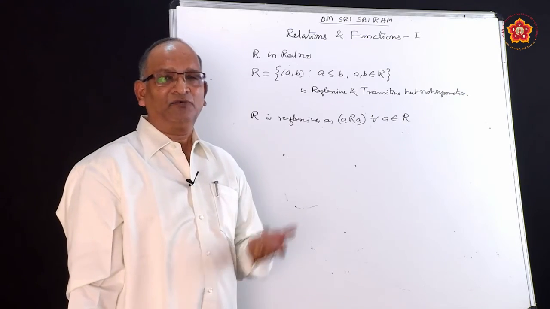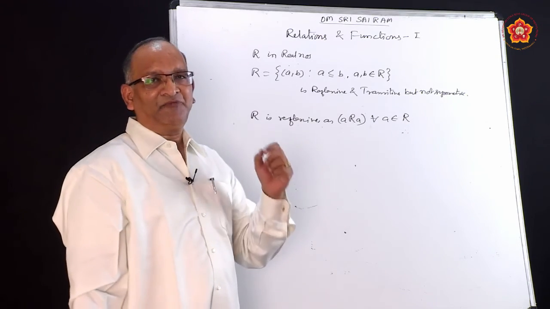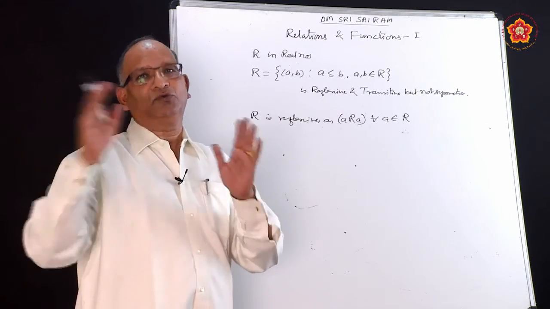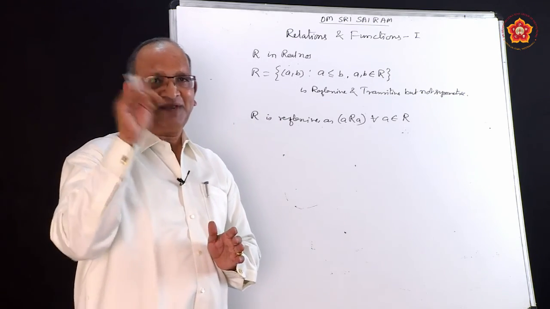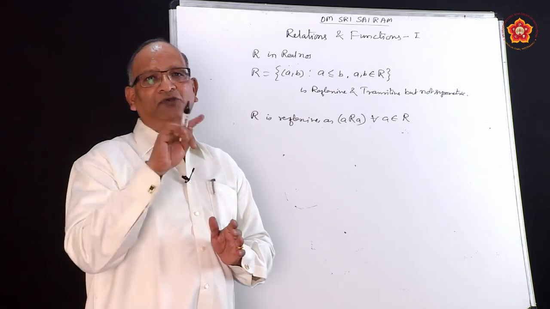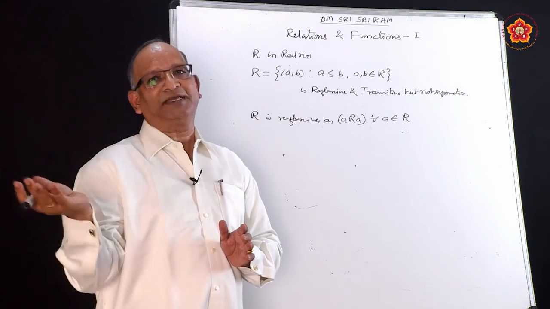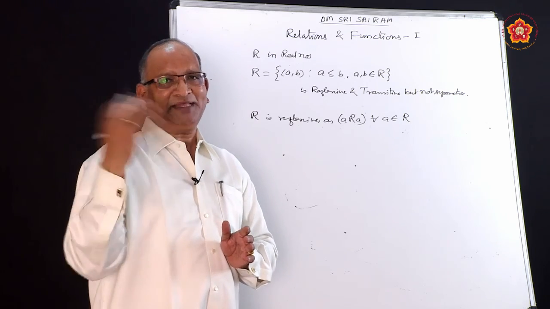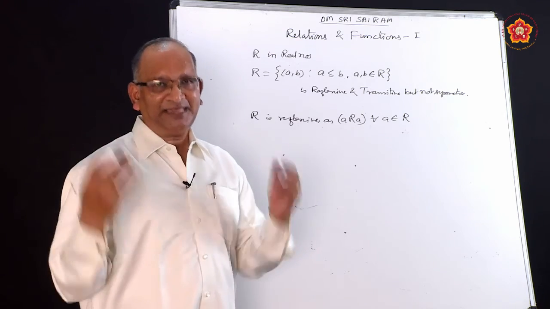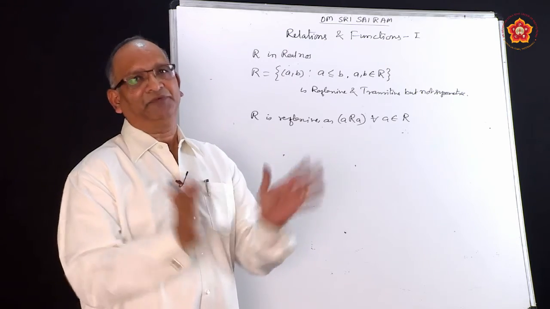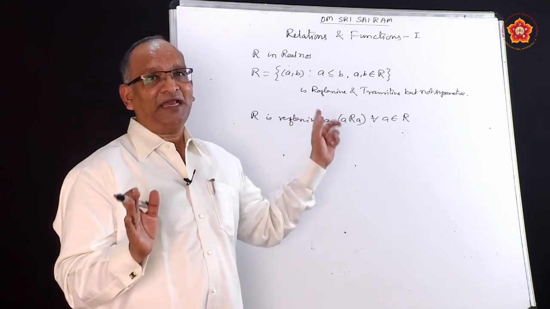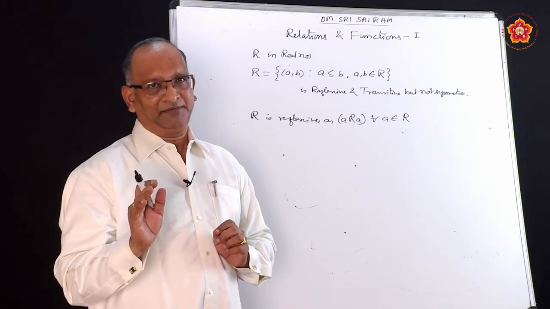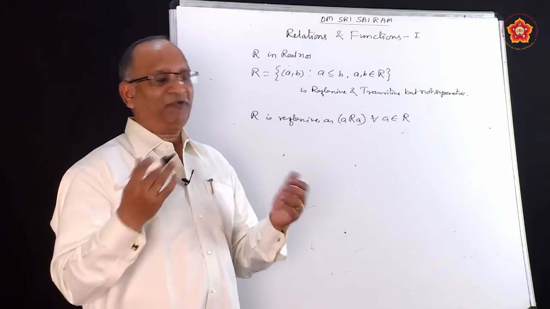How do you say that? For example, let us say we take A as 2. We know that 2 is less than or equal to 2. Since there is a symbol of less than or equal to, equal to can be taken into consideration. So, 2 is equal to 2, 5 is equal to 5, 1 by 2 equal to 1 by 2, 2 by 3 equal to 2 by 3. So, we say that the relation is reflexive. As I mentioned, when you are confirming, you cannot give examples. Examples are for our understanding. Let us move to the next one.